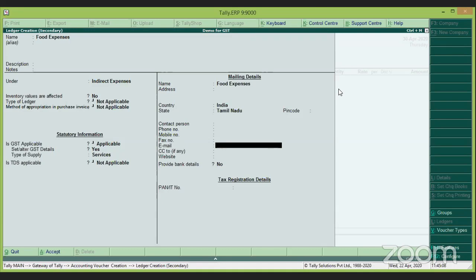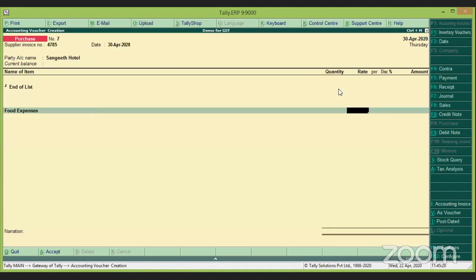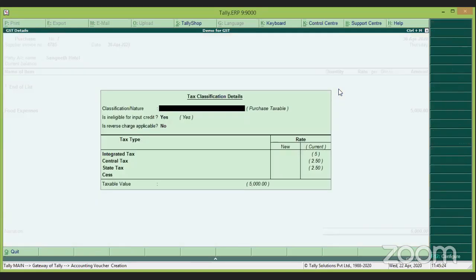maybe if it is going to be an AC hotel, that becomes 12% or something. I don't know about the taxes, but 5% minimum tax is there. So I have enabled that tax there. Clear? Now my expense is going to be 5,000 rupees. Now you can see,